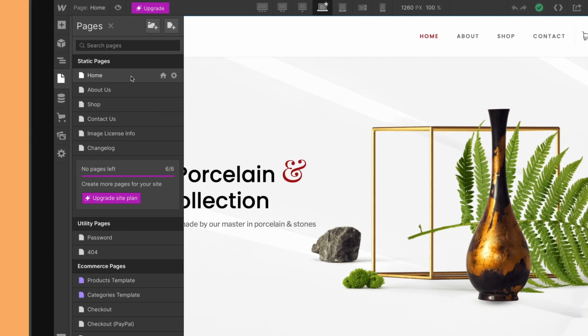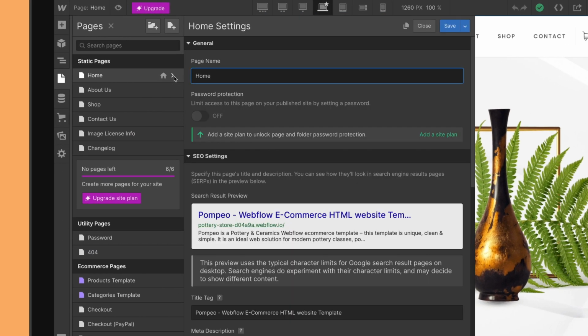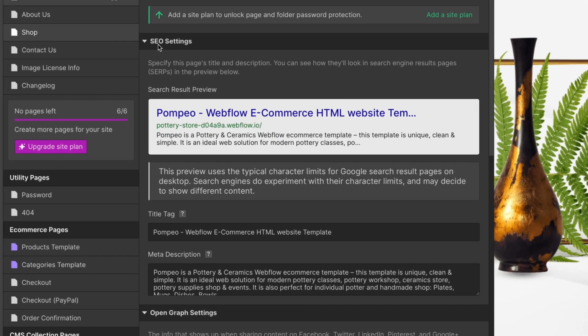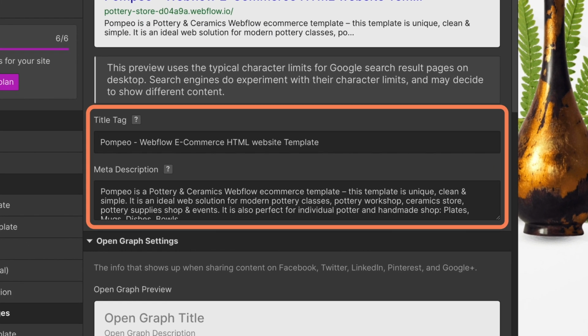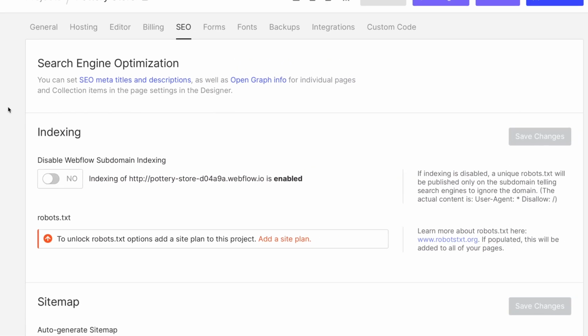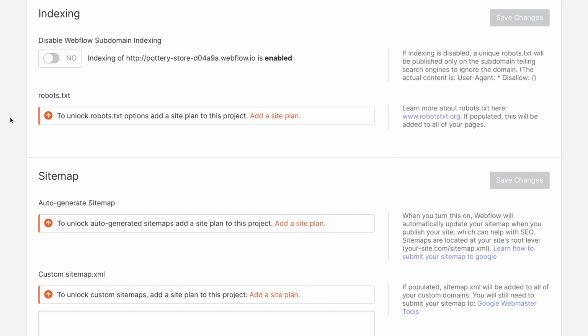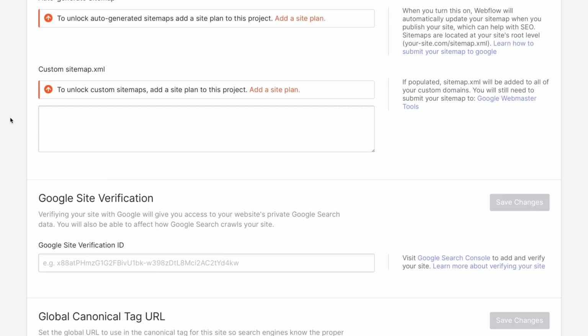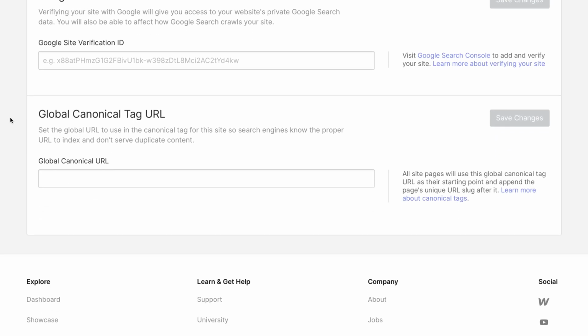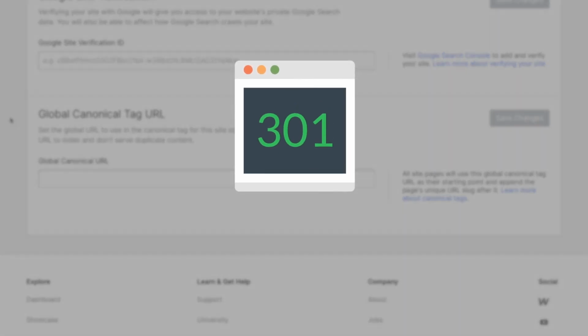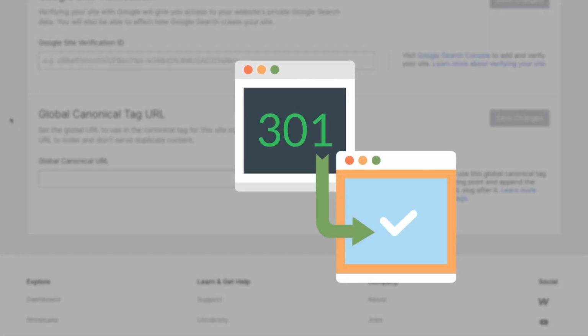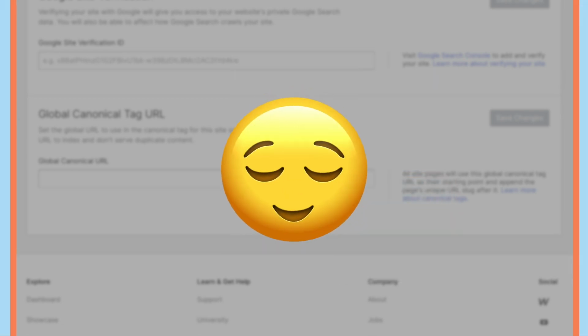One common criticism of website builders is that SEO options tend to be limited. Luckily, that's not the case for Webflow. As you'd expect, you can easily edit the title and meta description for each page on your site and modify image alt tags. But you're also able to access more advanced features, such as indexing, sitemaps, and canonical tags. If your site is hosted with Webflow, you can also set up 301 redirects. And unlike WordPress, all of these options are built into the tool. No plugins needed.